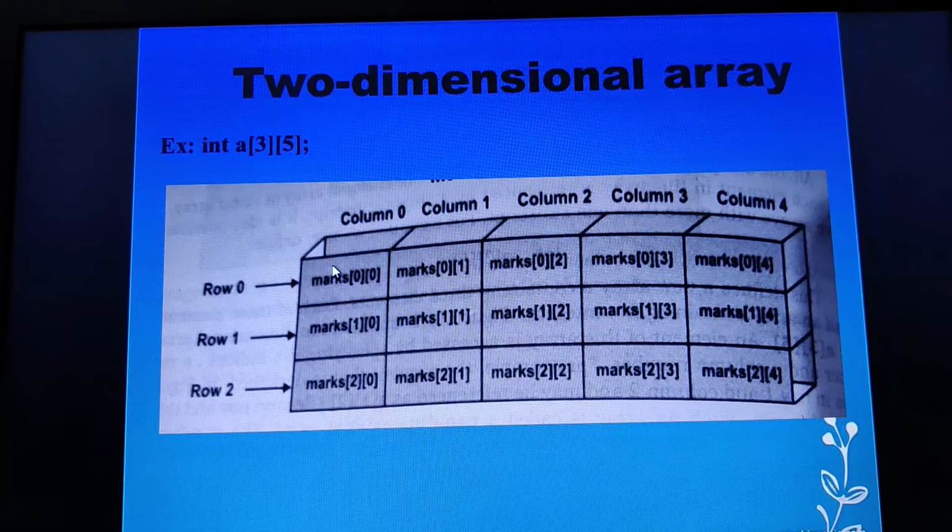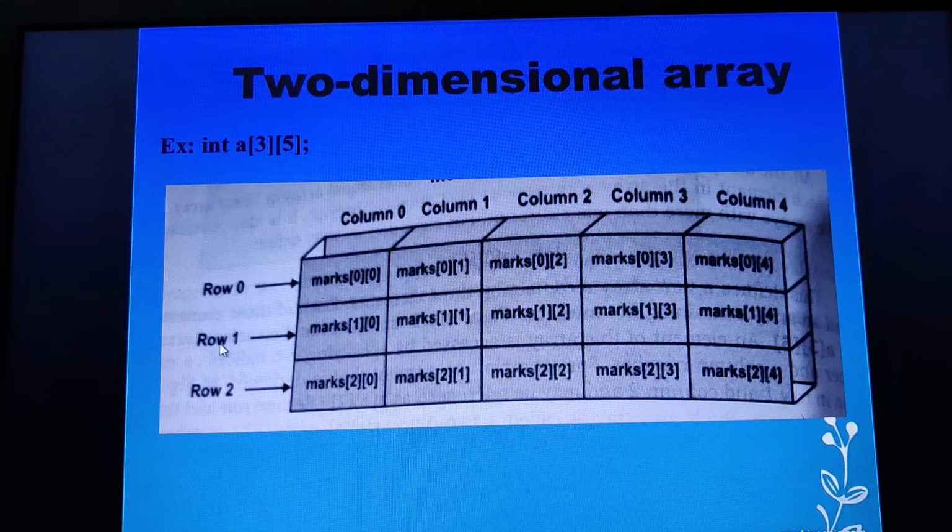This is how we are processing. After that, what happens? Similarly, when I am moving from one location to another location, definitely I will be using the for loop. Actually, in a two-dimensional array we are using two for loops. One for loop is used to control the rows and another for loop will be used to control the columns. Then control points to the next row. When it points to the next row, definitely the row number has to be changed. Row number will be changed from 0 to 1 and the columns will be changed accordingly, and the row will be fixed throughout until it reaches the end of this particular row.